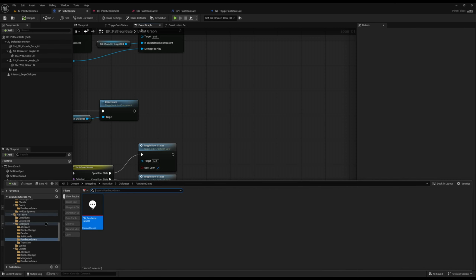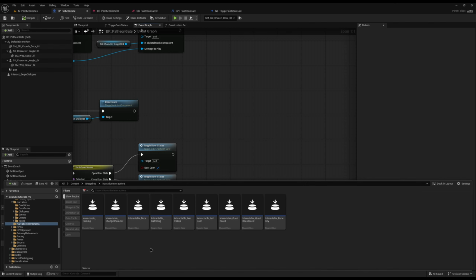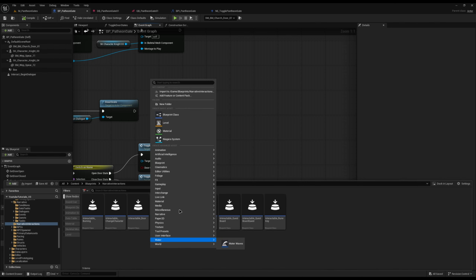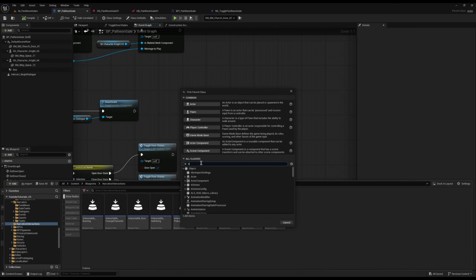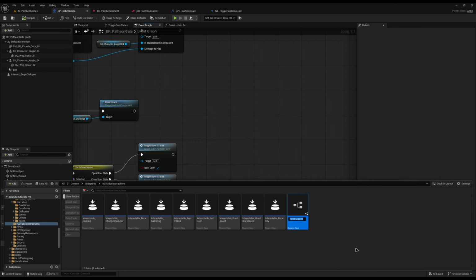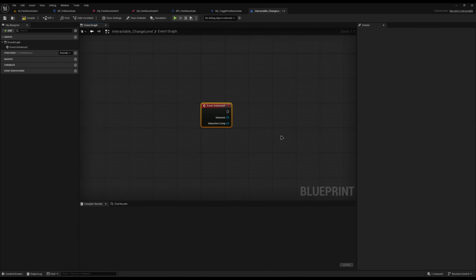Now I don't think I've got an interact to open levels yet. No, I haven't got an interact to change levels, so because I'm using narrative interact, I'm just going to create a super simple component where I will call it narrative. I will set it to a narrative interactable, and I'll call it interactable_change level. I'll open it up. When you interact with it, so on interact, the first thing I want to do is